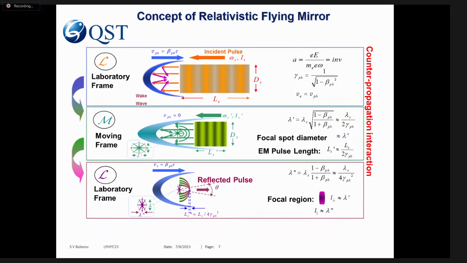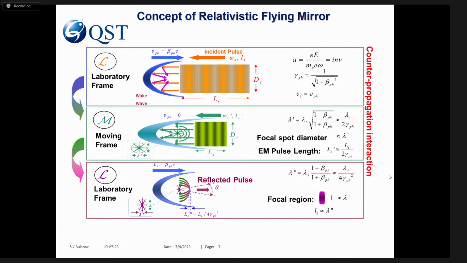curvature. Here we have standard reflection from the paraboloidal mirror with the formation of the focus spot with a size approximately lambda prime. Lambda prime is a shorter wavelength than the incident light, but it is not the shortest. And then if we make the transformation back into the laboratory frame, we find that the light is frequency upshifted to this shortened wavelength, as I have mentioned, but the focus, due to the fact that it moves with relativistic velocity, is not spherical, but has the form of a disk,